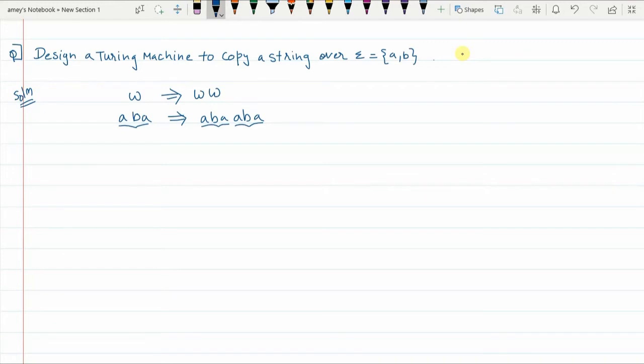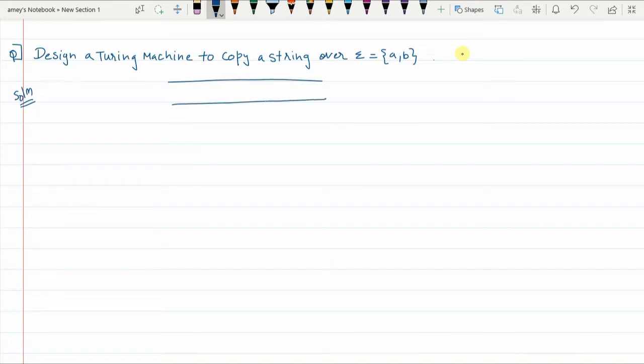To begin with, we'll take a valid string, this ABA itself, and try to design the Turing machine. Consider that this is the tape of the Turing machine and we insert the string ABA, and we have to actually copy the string. In the initial configuration, we are in Q0 state and the pointer is pointing one place to the left of the input string. So let Q0 be the initial state.